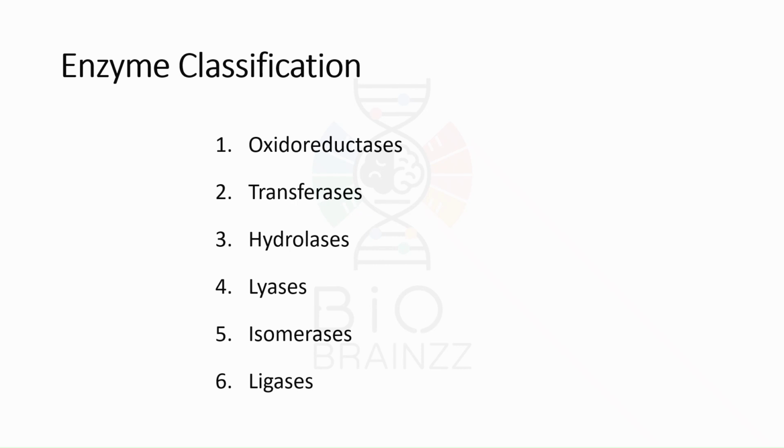Enzymes are classified into six major classes based on the type of reaction they catalyze. These include oxidoreductase, transferase, hydrolase, lyase, isomerase, and ligases. Each class has a specific role. For example, oxidoreductases are involved in redox reactions, while hydrolases break bonds using water. Questions are often direct from classifications, so try to remember at least one example for each